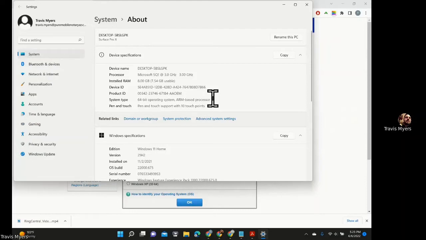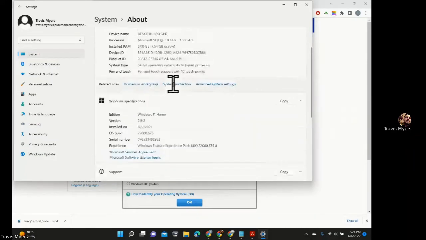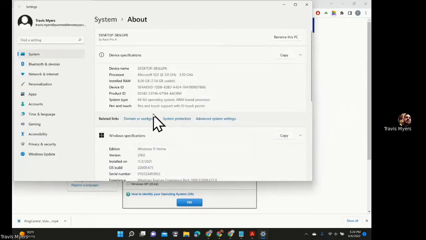Sorry for the large mouse, but I just did a bigger mouse so it's easier for everybody watching this module to track and see where I'm pointing. And then Windows specifications, right at the top here, Windows 11. So I know I have a Windows 11, and then it does say I have a 64-bit operating system,